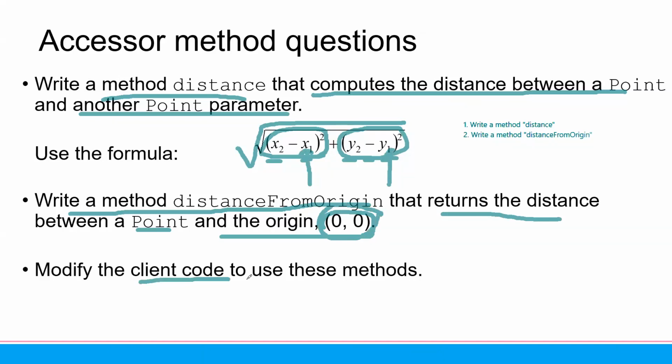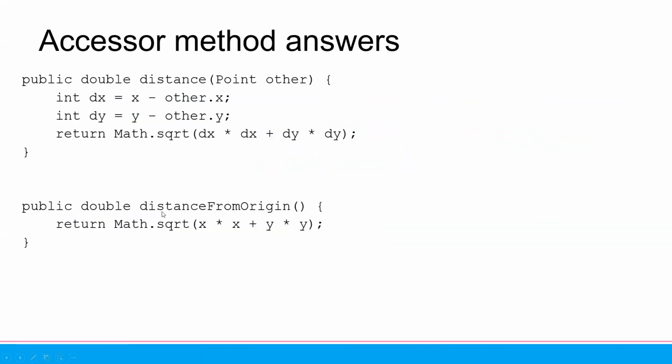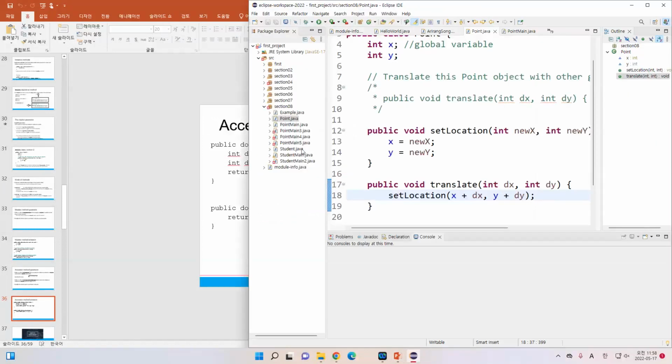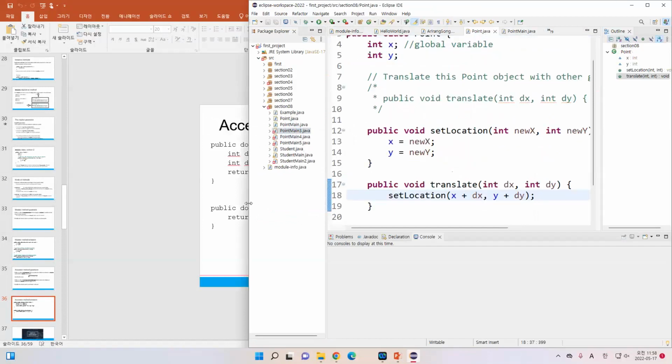So you can modify the client code to use this method. How can you modify the codes? Yeah, I give you this solution. Okay. In the final exam, of course, you need to define your own code. How can you define the code in Java? So in this case, let me write the code. Okay, I will do this one later. So I will put more